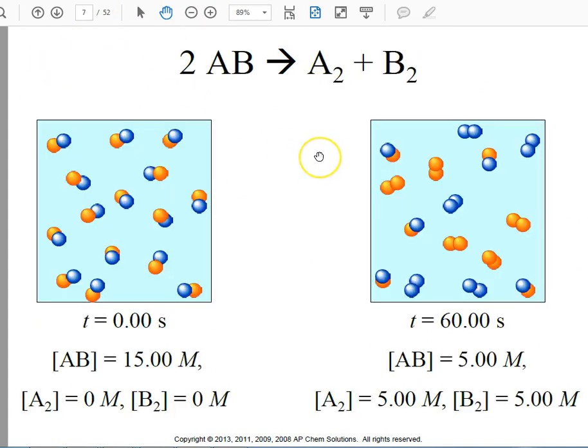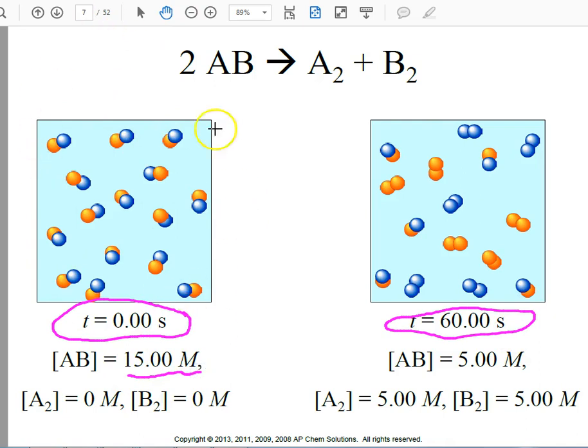All right, let's look at rate a different way. So here's a reaction, and we have time 0 and then time 60. In here at the beginning, you see we have 15 moles, and we'll just say this is 1 liter. So 15 molarity of our AB, and then it reacts. After 60 seconds, we only have 5 of those left. All right, so if we had 15 of these to start, and now we have 5, what is that change in concentration? That's a change of 10, right? And it went down by 10. So you'd say negative, because it's a reactant, and then it went down by 10. So negative 10 molarity